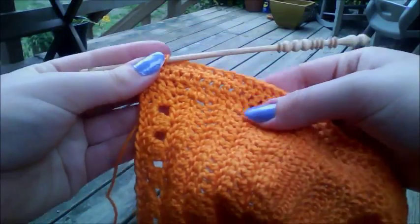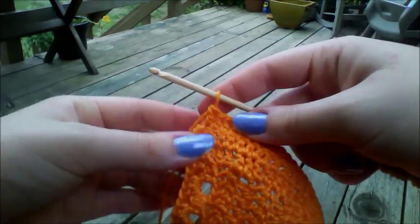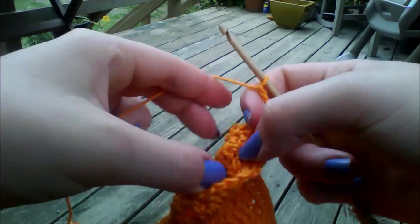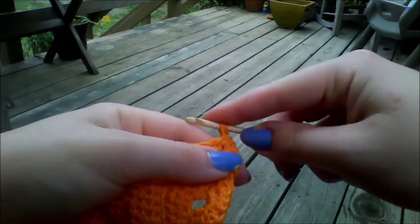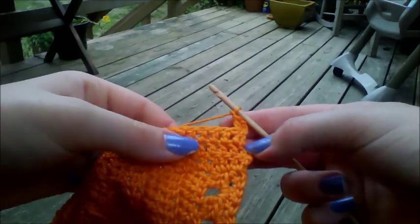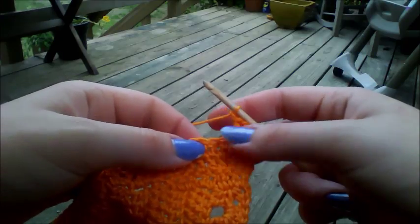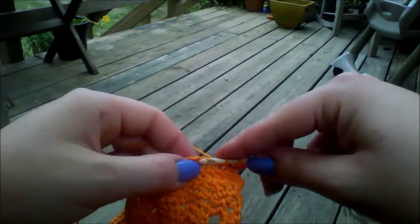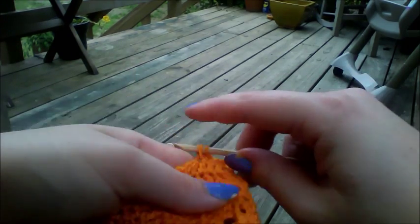Okay, so I've done 3 rows of double crochets, and now once we get to the end here, we're going to chain 3, turn our work around, do a double crochet into the first chain 1 space, and then we're going to chain 1, and we're going to skip a total of 3 spaces, and we're going to do double crochet into the 4th chain space. So 1, 2, 3, 4, double crochet into the 4th space,